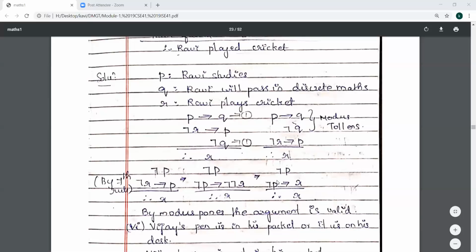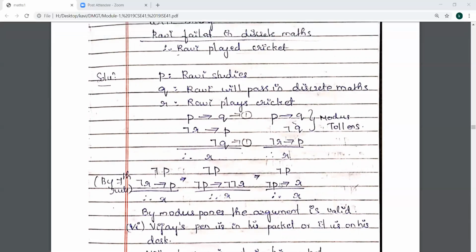Now see these two statements. Negation P is coming as it is, and negation P implies R. So what rule can you use? Modus ponens. Why? Negation P, here also negation P, both are there. So you can cancel and you can write R. So using modus ponens, I can cancel negation P, I am getting the resultant R. So I am getting the conclusion R. So I started with these three statements and I am bringing the conclusion using rules of inference. So I got the conclusion whatever given in the problem. Therefore, the given argument is valid.